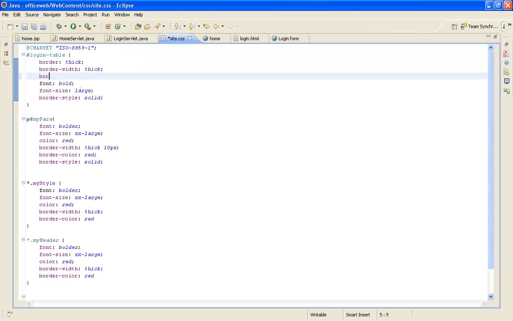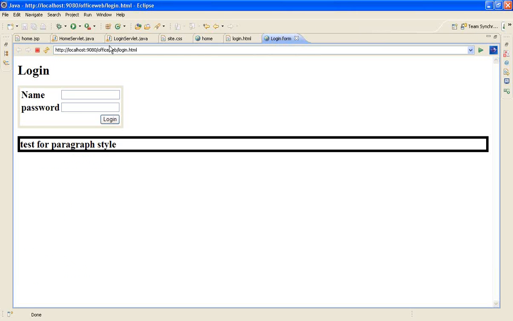Let me change the border color. Which one do you guys prefer? Yeah, now this looks better. This is an interesting part actually. You make a change in one particular place and it reflects everywhere.